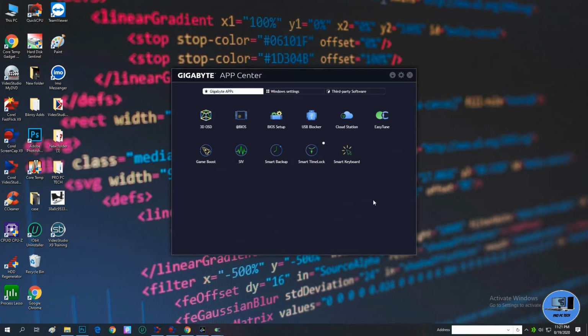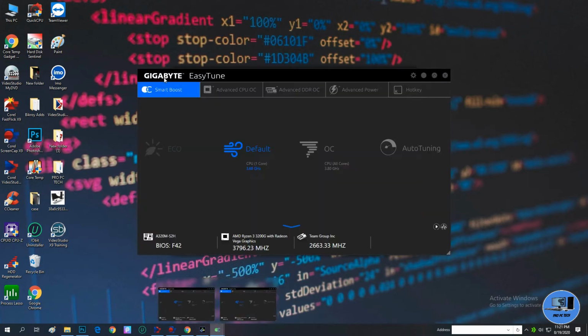And I clicked it, and here it is. Oh sorry, I'll just double click. From here you can see Gigabyte EasyTune and Smart Boost.